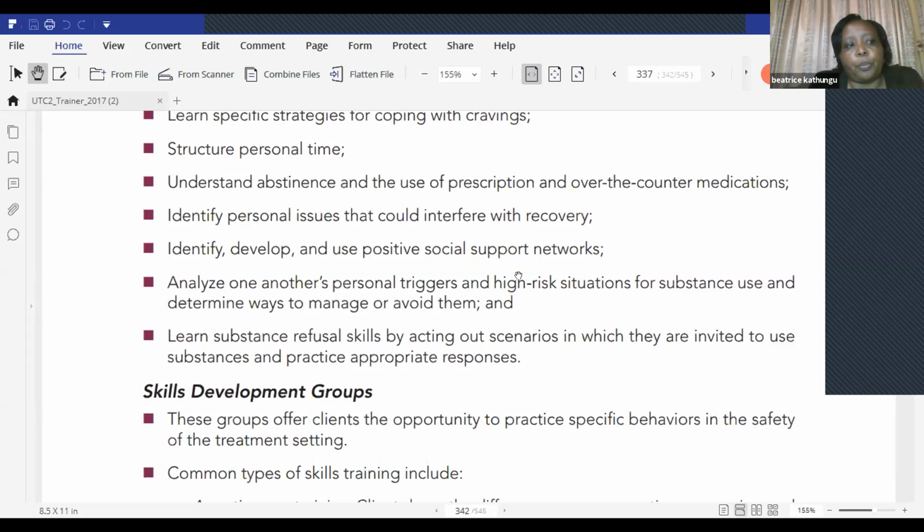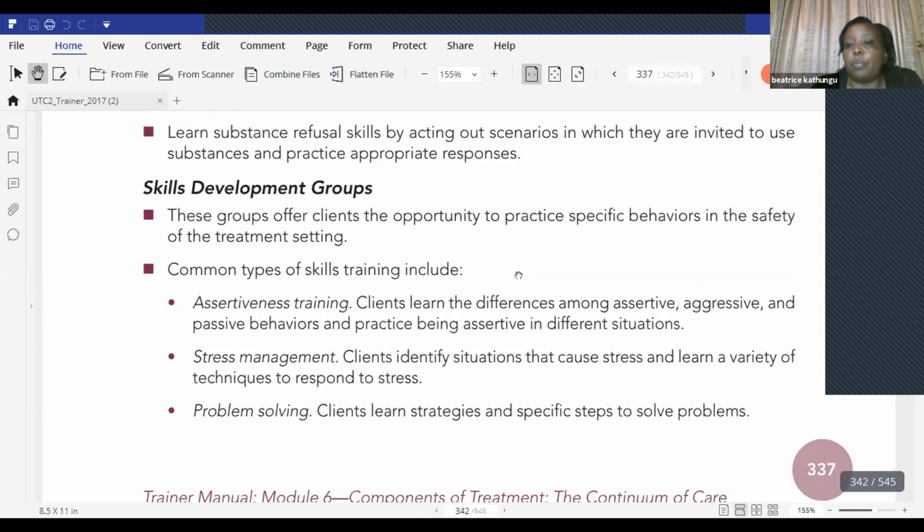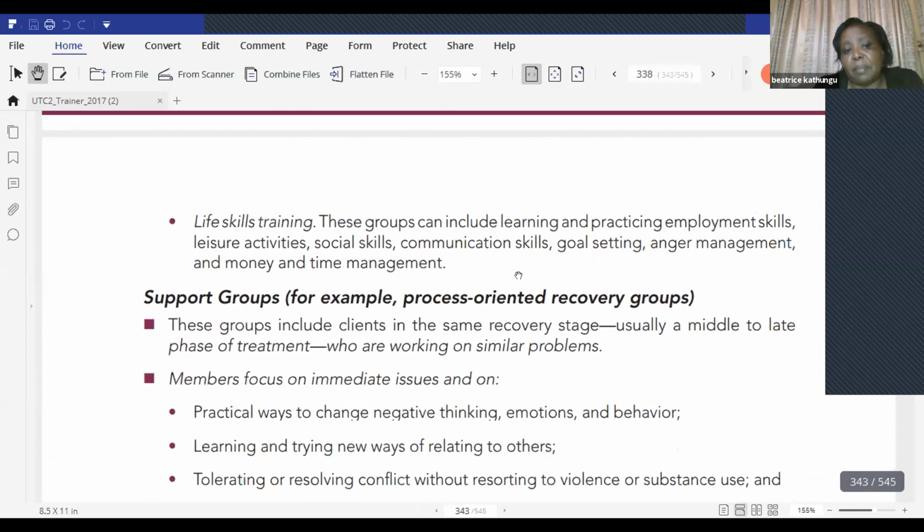Sometimes I find it difficult when people put clients who are in early recovery with those in middle recovery and those who are thinking about discharge. The ones who are about to be discharged are anxious about transitioning back into the world. The ones who are in early recovery have just entered and are adjusting and trying to understand this model. So if all of them are together in one group, that's too much. So let's reflect on what the needs of our clients are, who can fit in what group together with whom, what skills we want to train them in, and what goals we want to achieve. That way our groups are going to be more meaningful. So that's basically what that's about.